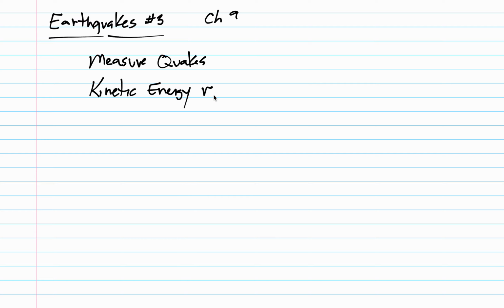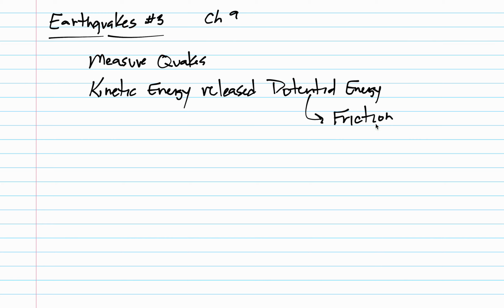The kinetic energy is released by some event, and it's the transformation of a potential energy. The thing that takes the form of the potential energy is probably numerous, but the thing I want you to picture the most for the storage of the potential energy is friction, and then this other word, probably new to you, asperity. Asperity is a type of roughness that locks faults or plates together. The simplest way to think of that is, what if our plate boundary was jagged, and one plate was moving this way, the other plate moving that way? You can imagine how these irregularities